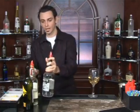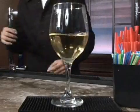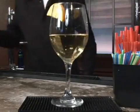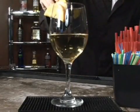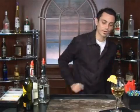Now, you're going to want to mix it a little bit, swirl it, just to get all those flavors infused within the drink. And then you're going to garnish this cocktail with an orange slice over the top and a lemon. And those two flavors in there, the citrus, along with the flavors of the drink already, are going to make a really